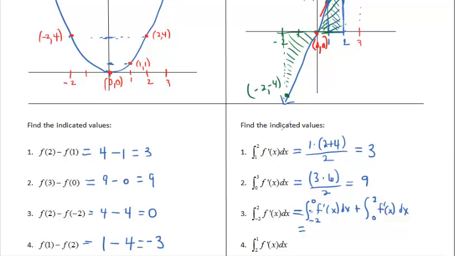Okay, and then for this integral right here, if we're collecting the space between -2 and 0, I know that it's going to be the opposite because of the location with the x-axis and the curve. And let's find the area. So the base is what? 2, the height is 4, divided by 2. Plus, over here for this triangle,